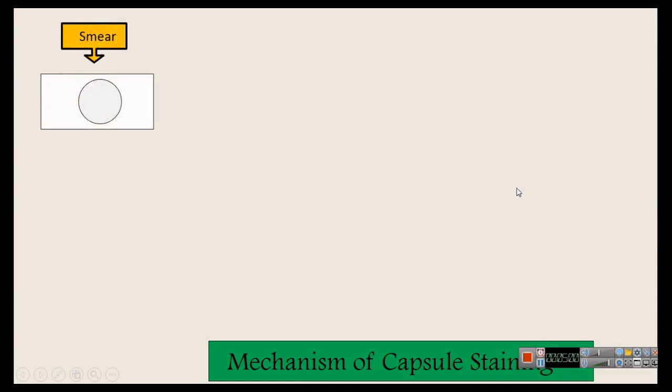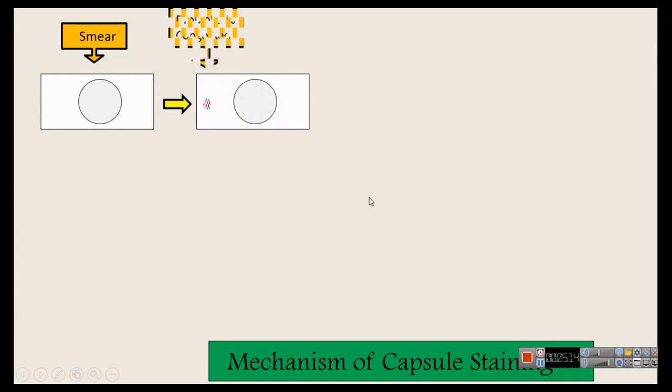Now we will discuss the mechanism of capsule staining. That means why the background gets stained blue, the bacterial cell gets stained pink and the capsule remains colorless. As I told you, in the capsule staining procedure, first we prepare a smear, and put a drop of 1% Congo red at one end of the slide.